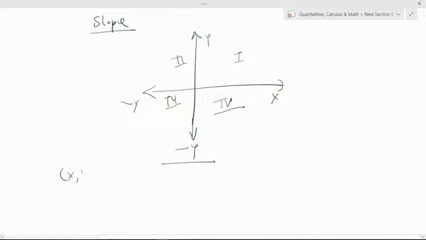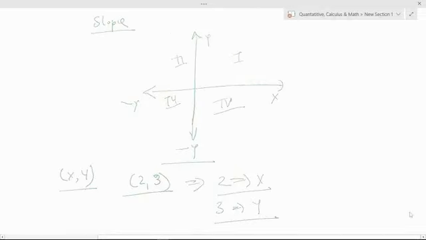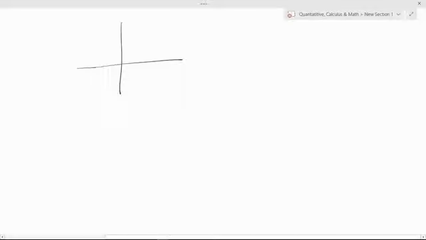So whenever we see points, we know that the Cartesian, the 2-point system is defined as x and y. X is the first part and y is the second. So this is x, this is y, right? They both intersect each other at 90 degrees, just to give you a fair idea.